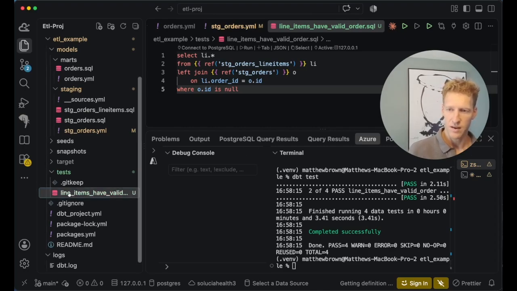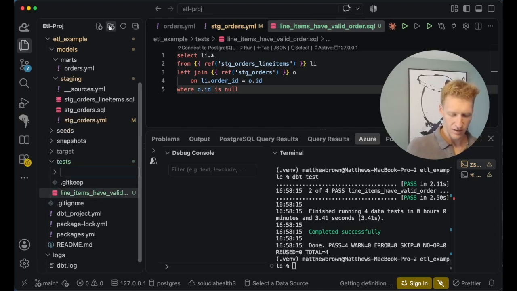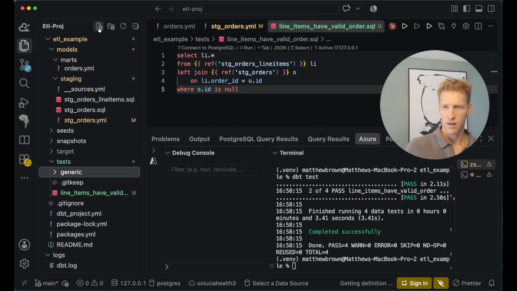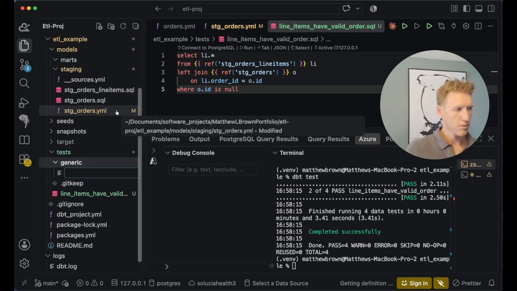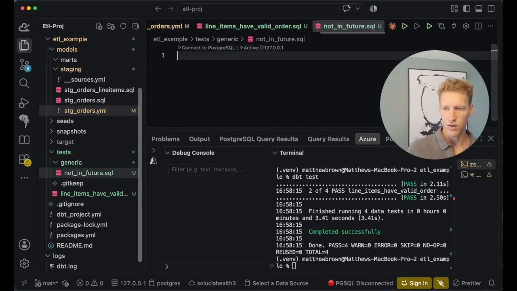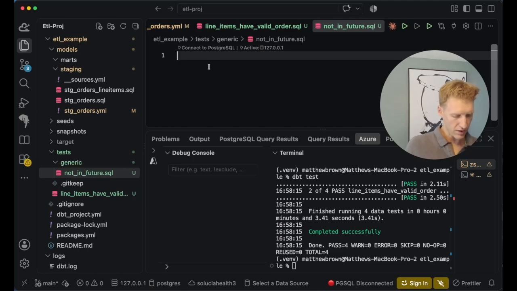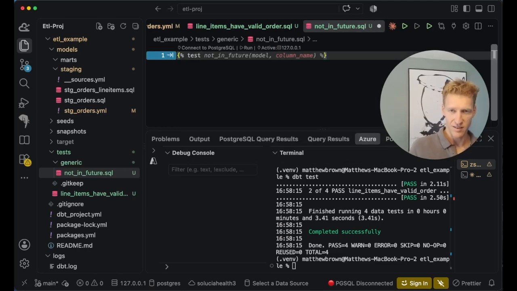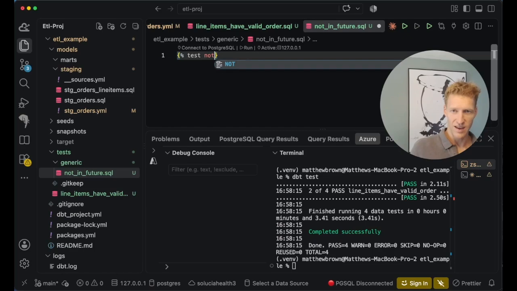And finally, I'm going to show you how to add a generic test. So I like to put these in a generic folder. And then we'll create a new script, and we'll call this not in future. So this will just validate that a date field is not in the future. So we'll write this one out. It's pretty simple. Test, so this is important. This is specifying that it's a test and not